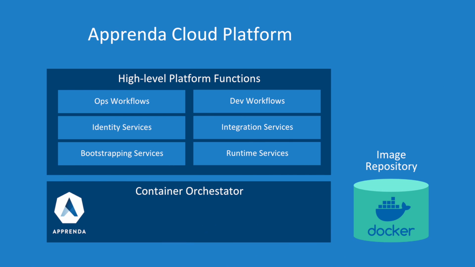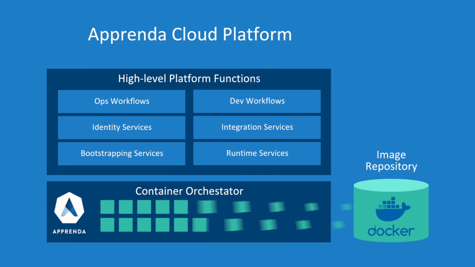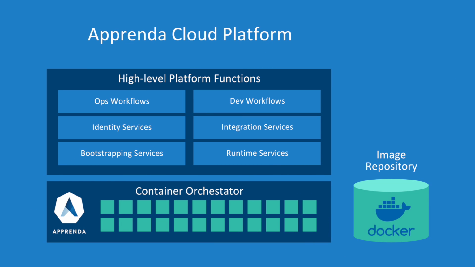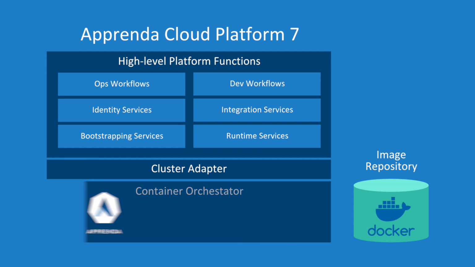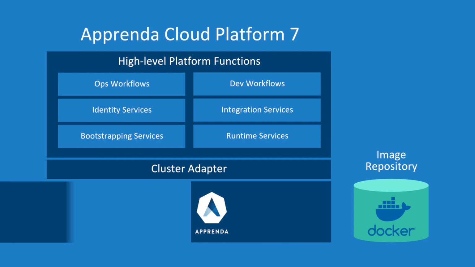The Apprenda Cloud Platform has supported Docker-based deployments for a while, but for the last year and a half or so, we've been aggressively adopting and integrating Kubernetes into almost everything we do. Starting with ACP version 7, you can attach a Kubernetes cluster to the Apprenda Cloud Platform as an optional cluster